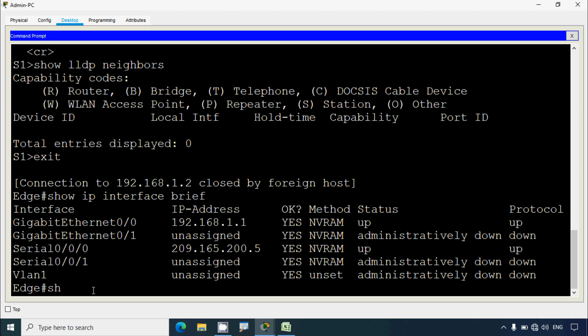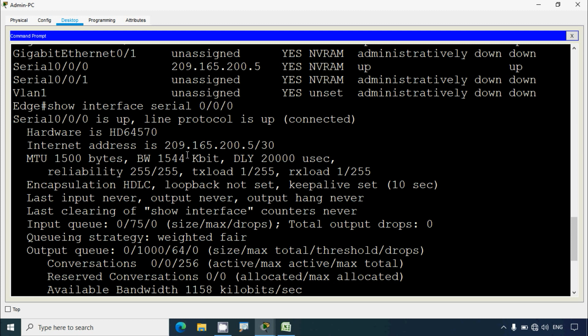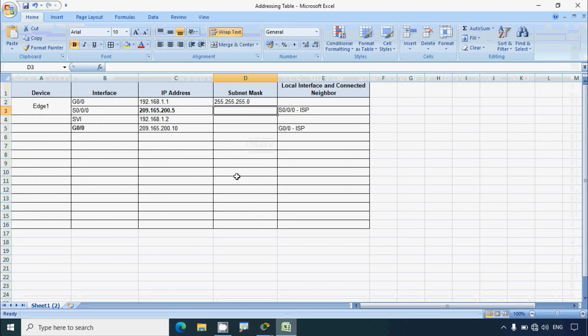We will use show interface. We can give serial 0/0/0, and here we can see its internet address. Also we can see the prefix /30. That means the subnet mask is 255.255.255.252. Here we can see we have to identify the local interface and the connected neighbor for this